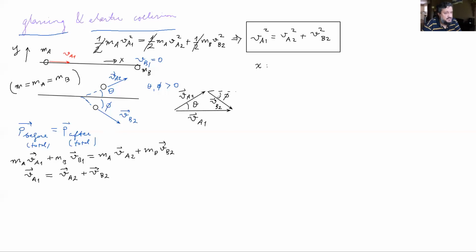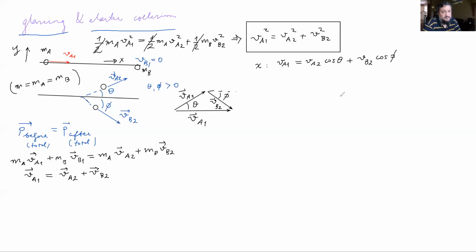Along the x direction, VA1 is the only component, so I'm just going to write here VA1. VB1 is 0. VA2, now the x component of VA2, that will be VA2 cosine theta. And VB2 will contribute to the x component as well, plus VB2